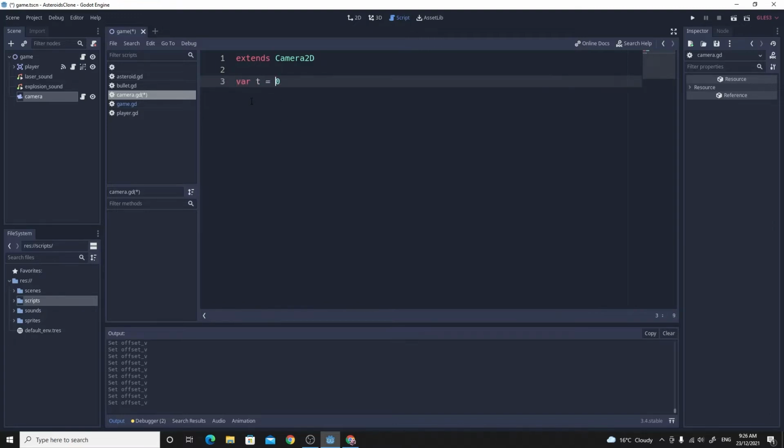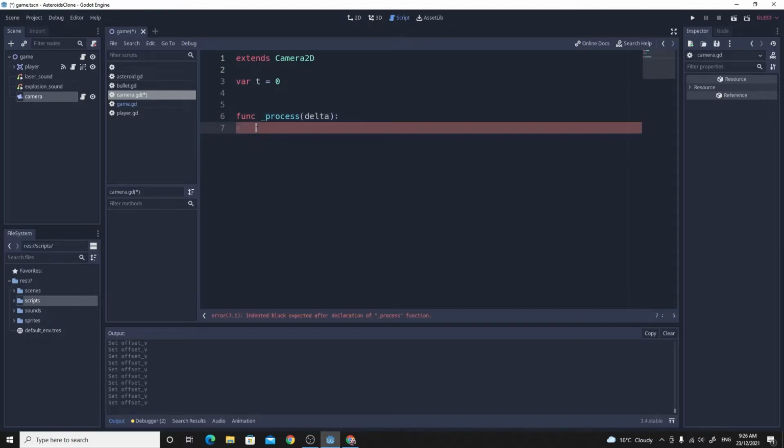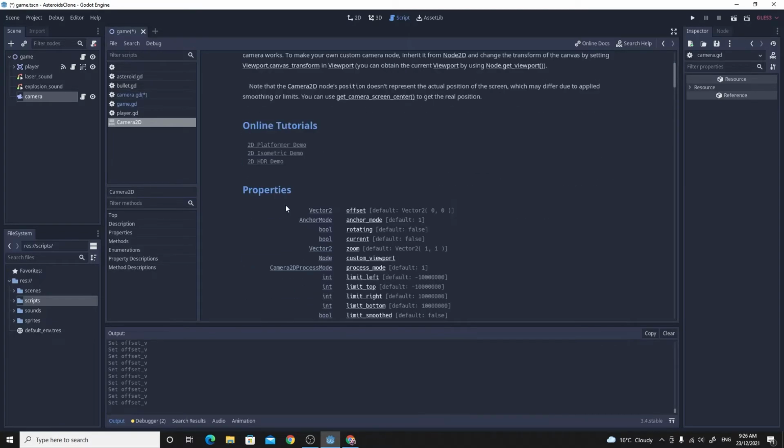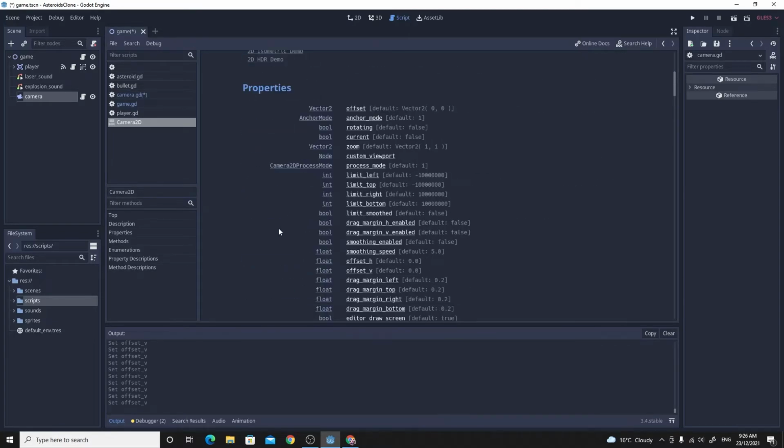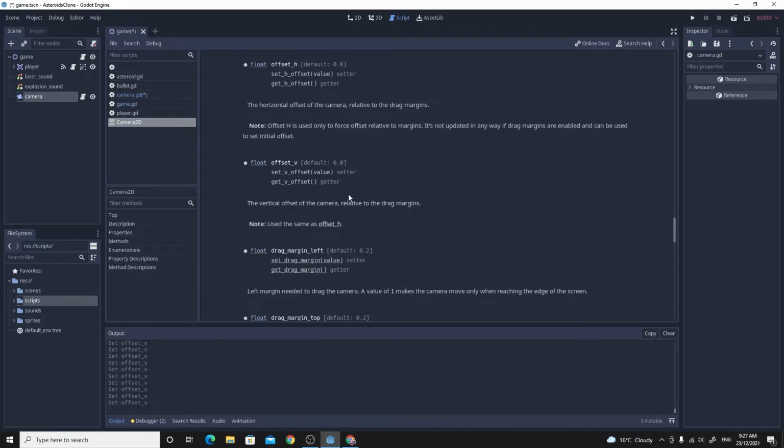Then we want to go to our _process. So if we do _process, we're just going to start with the absolute basics of this. If you do want to look at the Camera2D, remember to hold Control and click on the Camera2D. But there is somewhere in this help, there is this horizontal and vertical offset. Yeah, there it is. So it's the offset H and offset V, and we're just going to change those values